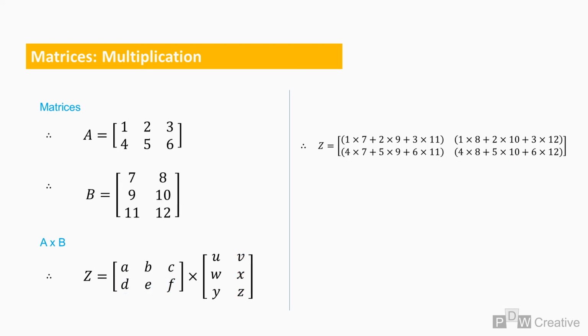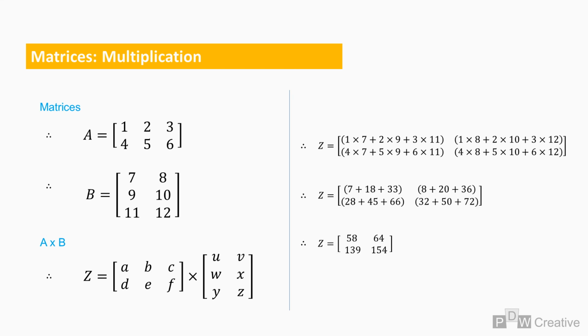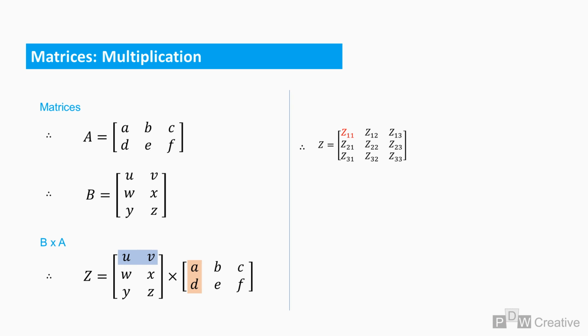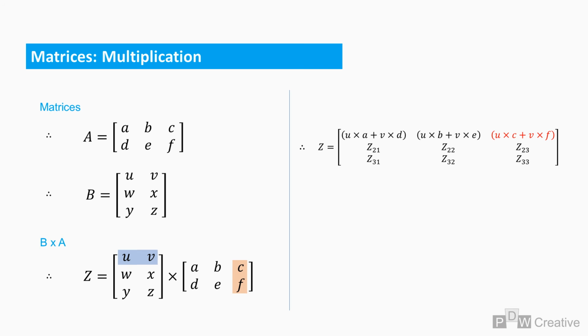Let's plug in some figures. Multiply out and add to reveal the resultant Z matrix. Switching to a B times A equation leads to a 3 times 3 resultant Z matrix. Let's follow the row versus column principle for Z11, then Z12, Z13,